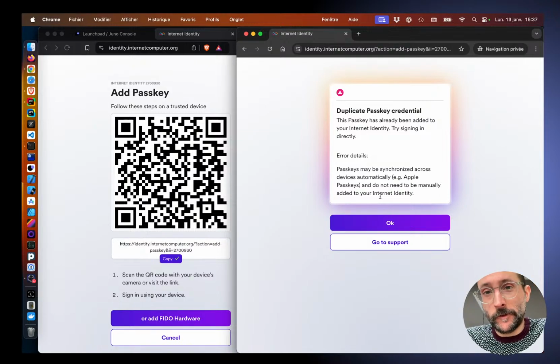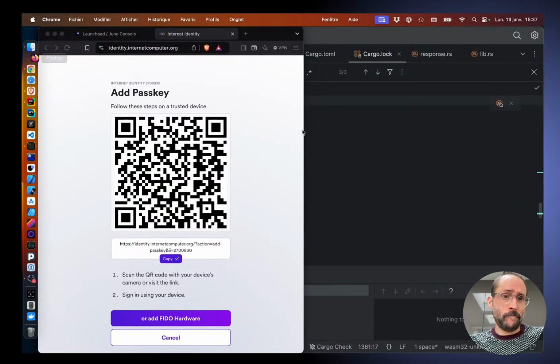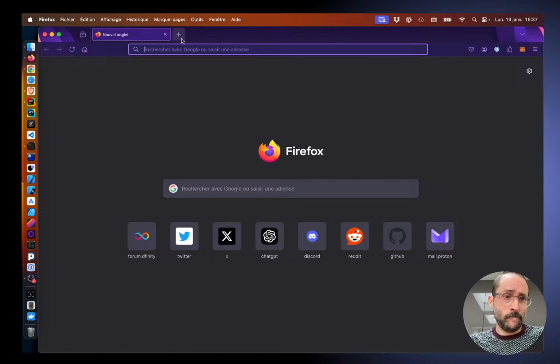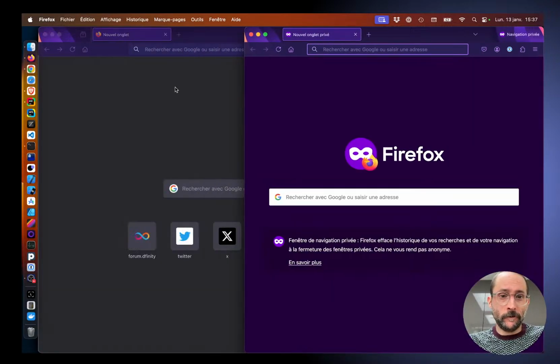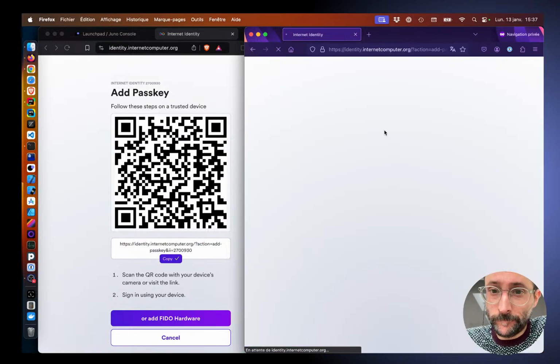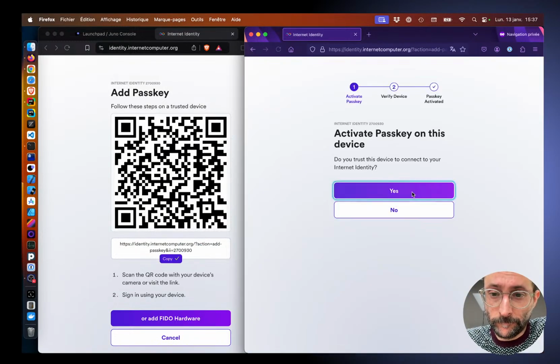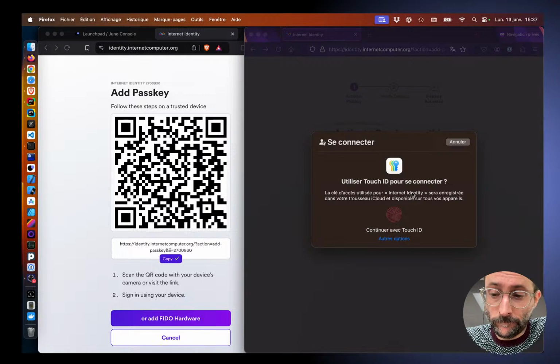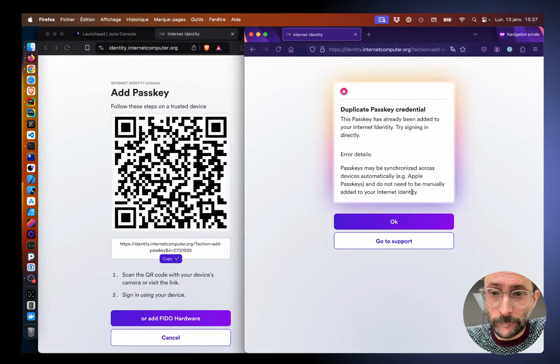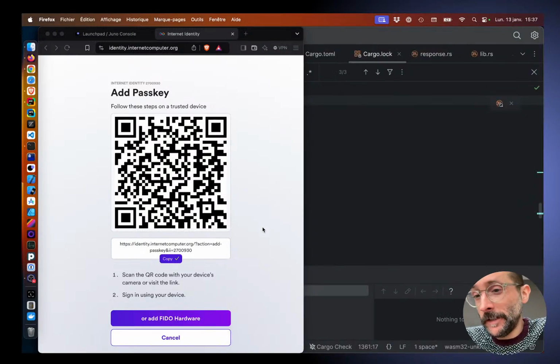All right, so not today, I guess. So I would need another browser. So let's try this one. Okay. Anyway, so they activate the passkey, and when it's done,